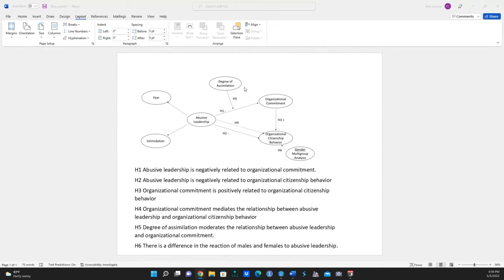The fourth is that organizational commitment mediates the relationship between abusive leadership and organizational citizenship behavior, and that's represented by the dotted indirect relationship line here. The fifth one is that the degree of assimilation moderates the relationship between abusive leadership and organizational commitment. And then the last one is that there's a difference in the reaction of males and females to abusive leadership, and we'll test for that using multi-group analysis. Now, the first thing our students are going to want to know if they've developed this model is what size sample they need. And so